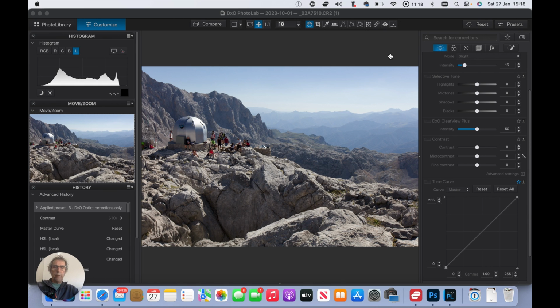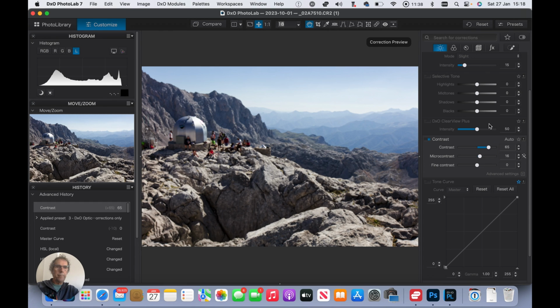Okay, so let's see how these tools work in real life. So I've reset this picture. This has gone right back to the raw file, and you can see it's quite flat, and all the problems that we've looked at in previous videos. And let's start off with the contrast. So if I grab my contrast, okay, and you can see that that has had a visible effect on the luminance. Let's push this all the way,